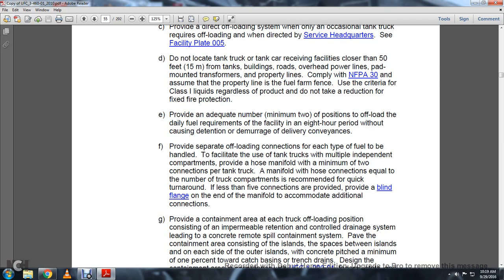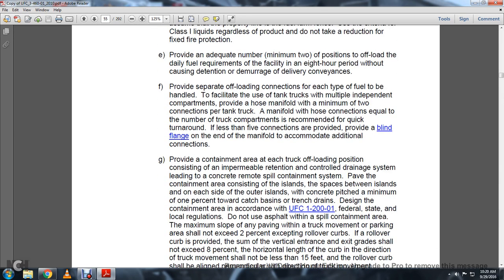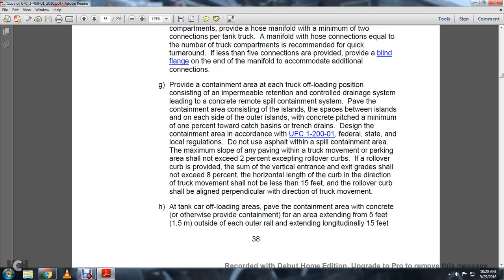Regardless of the product, do not take any reduction of the fixed fire protection. Provide adequate number, minimum of 2, of the offload positions for the daily fuel requirements for the facility in an 8-hour period without causing detention or demurrage of the delivery conveyances. Provide separate offloading connections for each type of the fuel to be handled to facilitate the tank truck. Multiple independent compartments provided with a hose manifold with a minimum of 2 connections per tanker car. The manifold with hose connections equal to the number of the truck compartments is recommended for a quick turnaround. Where there are less than 5 connections, provide a blind flange at the end of the manifold to accommodate additional connections. G. Provide